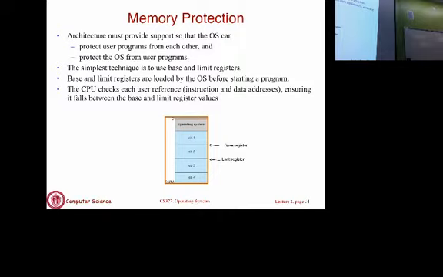The simplest scheme to implement this is to have two registers in hardware, the base and limit. You store the start address in base, the end address in limit, and every time you execute any instruction that accesses any memory region, you do this check internally, that the memory address is between the base and limit. If it's outside, then you are not going to let that instruction execute. This is a very simple way to protect other processes from the running process, so that you don't access some memory region that doesn't belong to you. The same thing is going to protect a process from accessing the kernel's memory as well, because that's out of range.